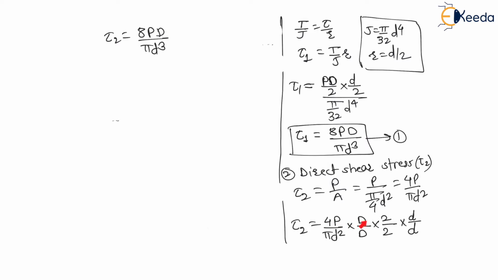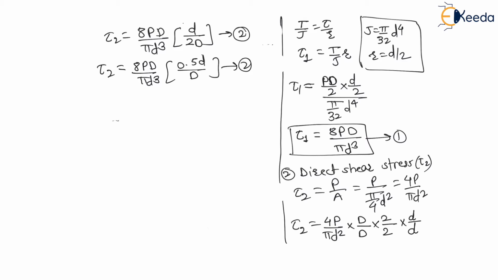right? Now see here, 8PD divided by pi d cube, I have considered d into d square as d cube. Therefore, the remaining is small d in the numerator, and in the denominator 2 capital D is remaining. So let us write down here, d divided by 2D. This is how we can simplify for tau 2. Let us say this is the second equation. Again, the second equation can be written as tau 2 is equal to 8PD divided by pi d cube into 0.5 d divided by capital D.